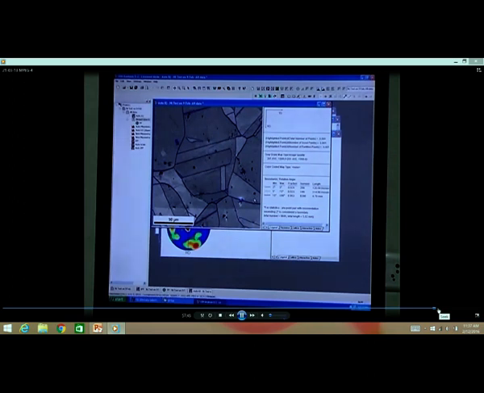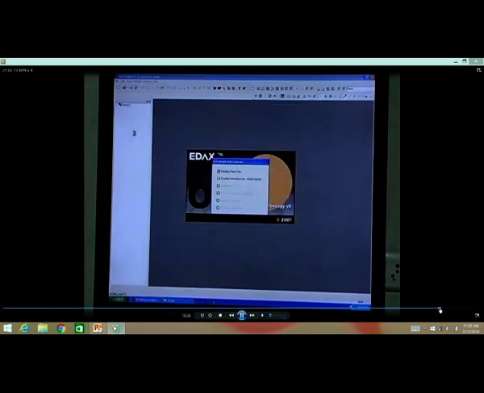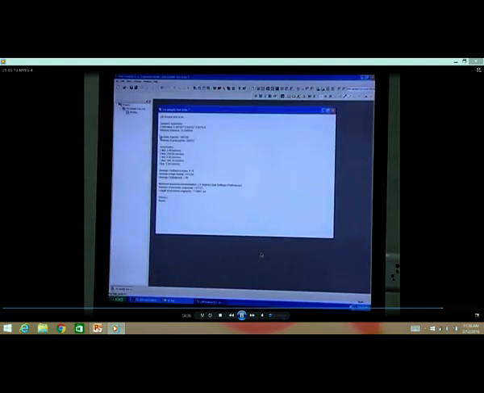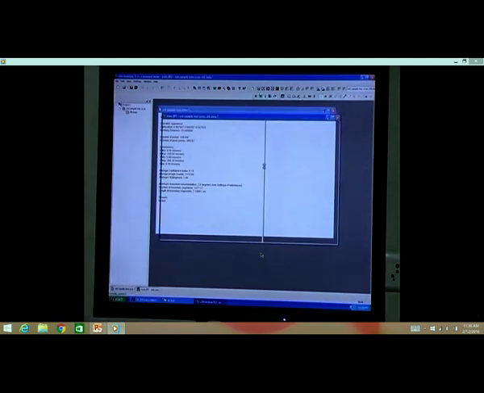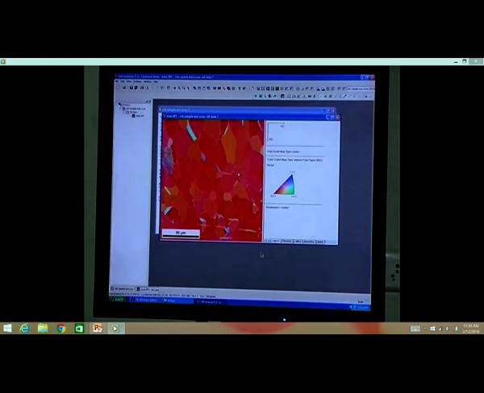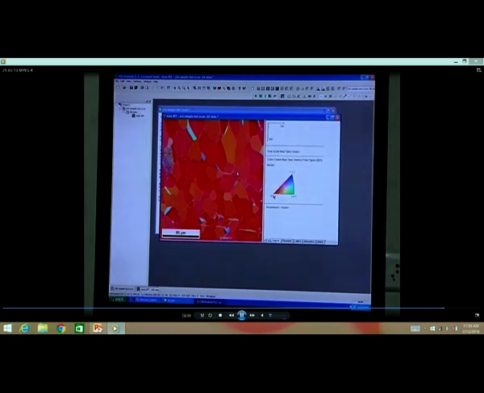and finally I would like to show a sample which is exhibiting a very strong texture, which I want to give you as an example. So, let me go back and take one more shot. Okay. So, look at this map where it shows mostly a 0, 0, 1 orientation. That means most of the grains are oriented towards the 0, 0, 1 orientation.